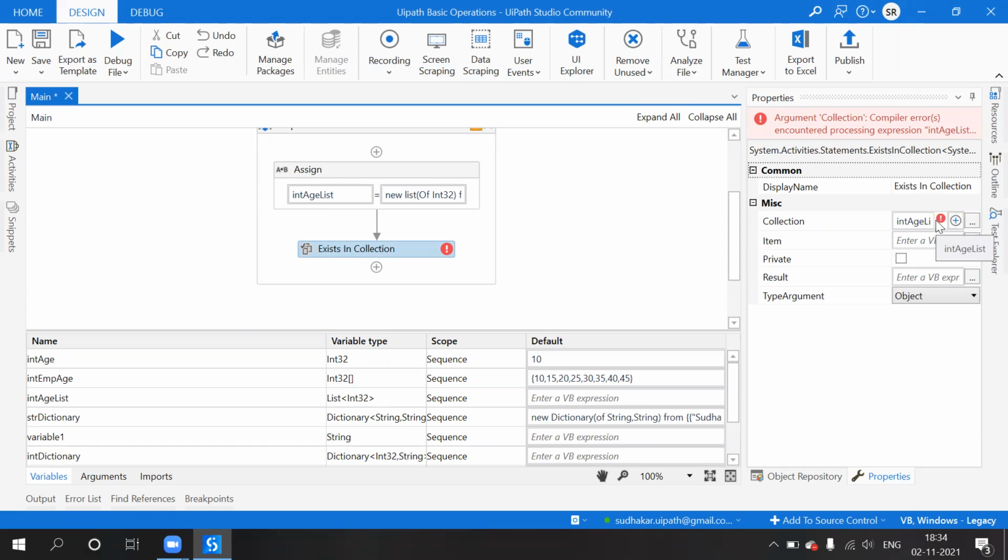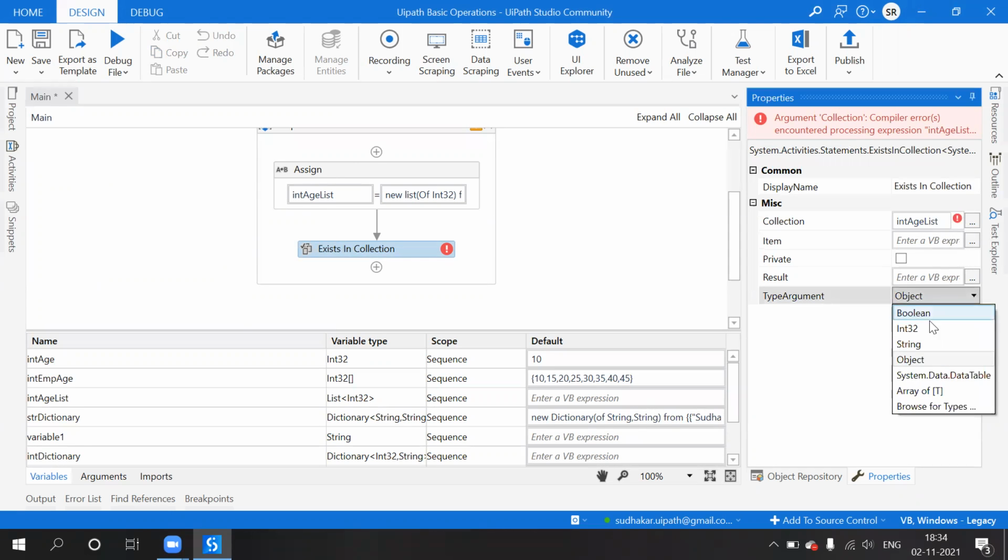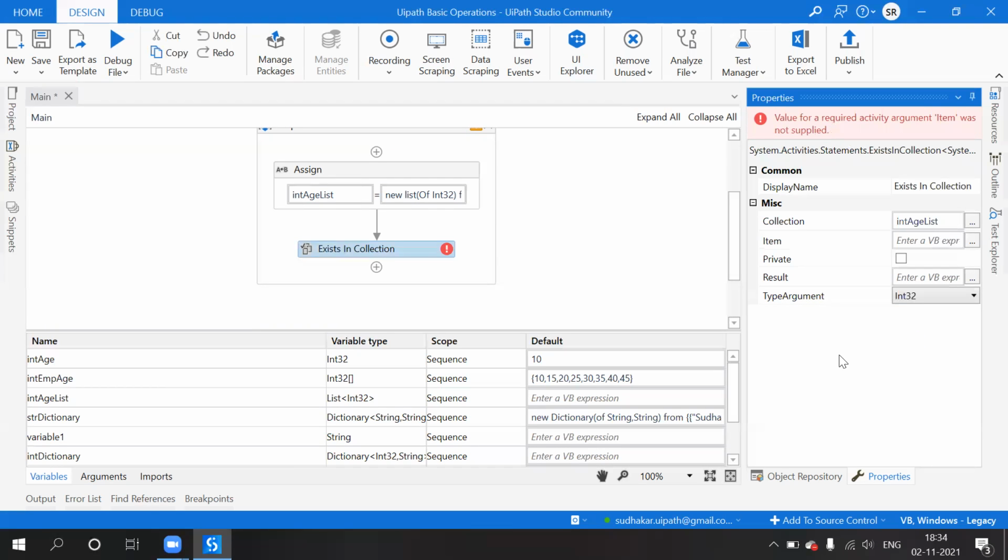The type argument is integer. What inputs are required? The collection, which we have provided, this list. And the required argument is item, which was not supplied.